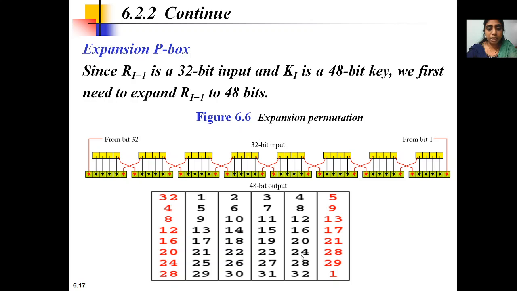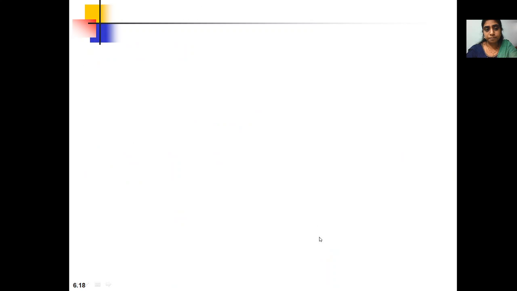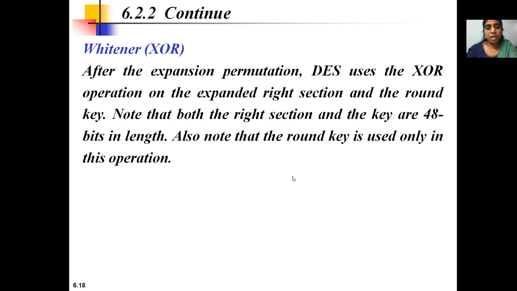So here the 32nd bit is added in the first and the first bit is transposed to last. And from 4 to 28 are placed over here and from 5 to 29 are placed over here. So like this we are going to replace the values and we are going to get a 48 bit. Then once that 48 bit are done, we are going to take the key and we are going to